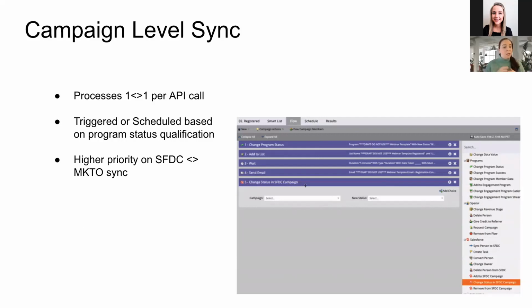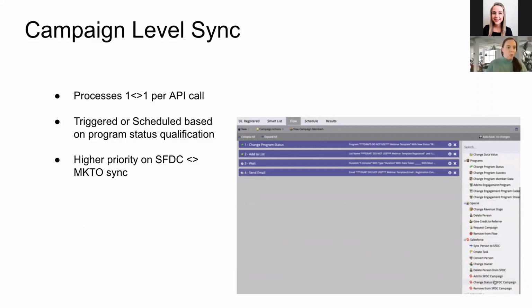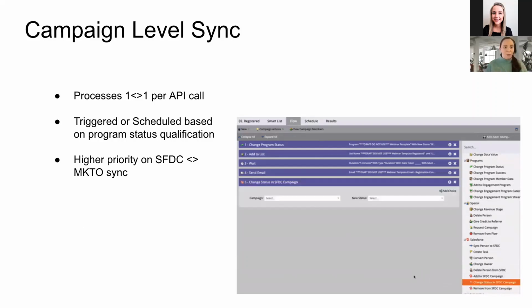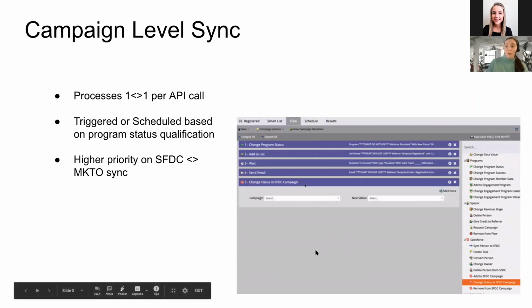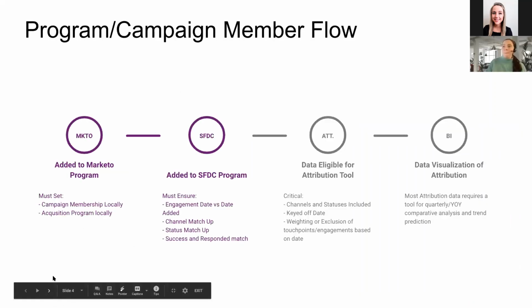So I have some clients that I work with that will use this type of a sync on things like demo requests and those types of things where they want it to just go really, really quickly. And then they'll rely on the program level sync for larger things that maybe are a little less prioritized or older. So you can choose, and you don't have to do the same across your entire program catalog. You can kind of go program by program, but you cannot use them together.